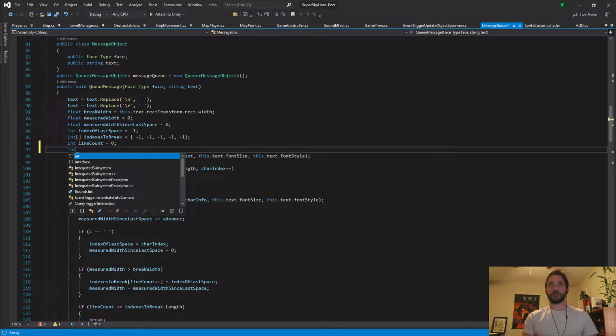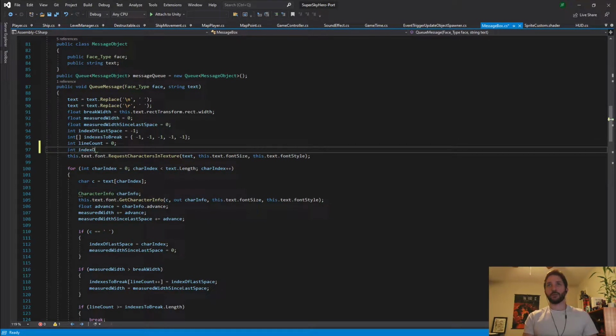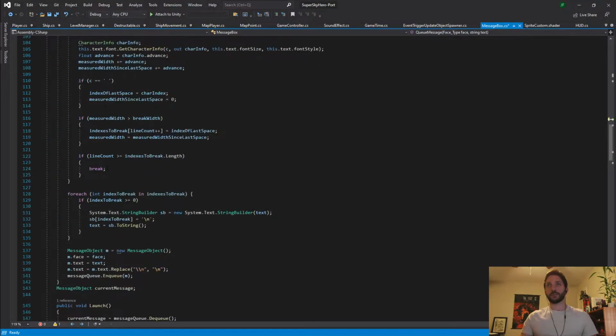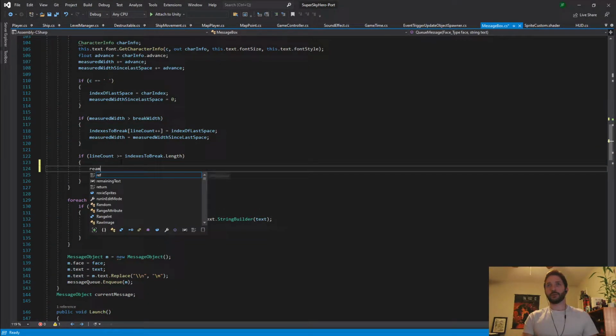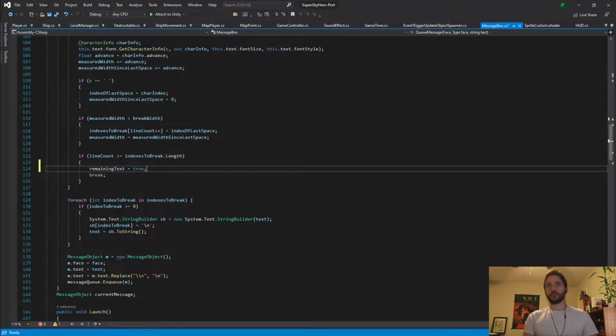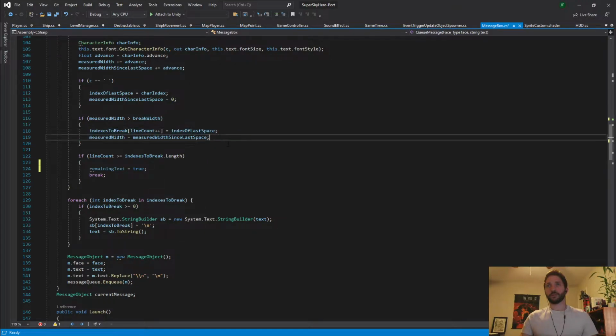How about this? Index of remaining text, which would also be the last remaining text. Could try that. Right. So everything after the index of the last space